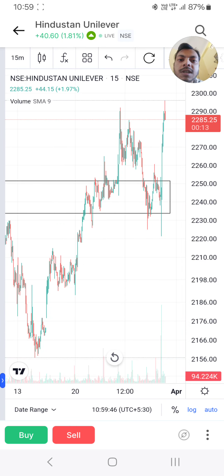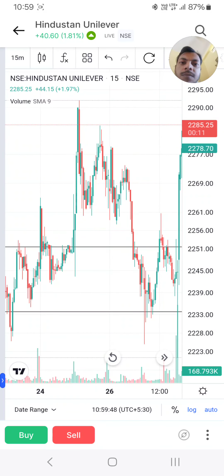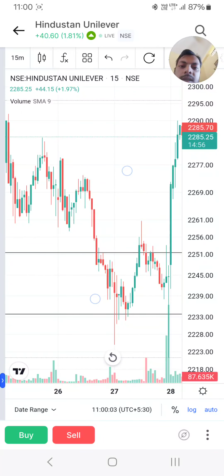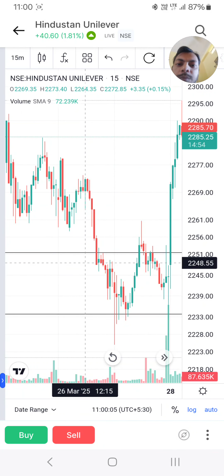Now again on the 15-minute time frame we can see that this channel was broken down, and when it was broken down I entered at this point. Here was my entry, somewhere around the 2060 level, exactly at this candle. Let me pinpoint, yeah, this candle. When this was broken down I entered,